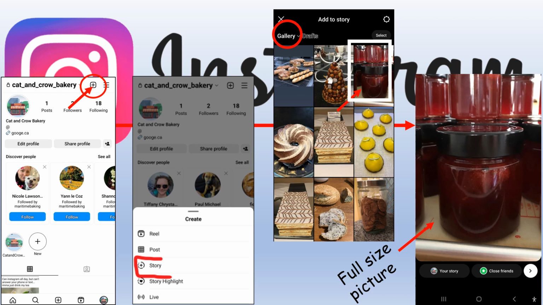It's important to note that at this point, you are only working on an Instagram story. Stories only last for 24 hours. But by the end of this process, I will have created an Instagram story highlight, which will endure until I physically delete the file. Now you are ready to insert any edits you would like for your image.